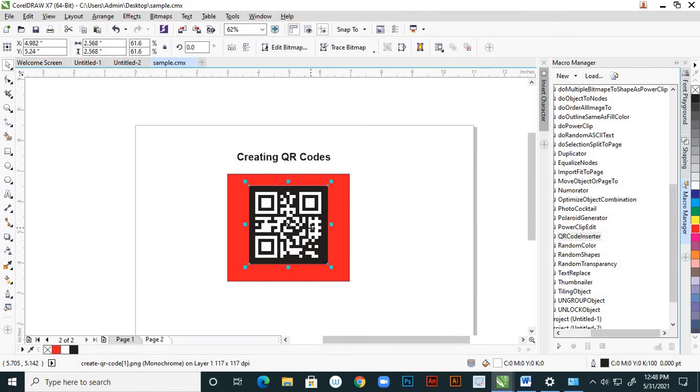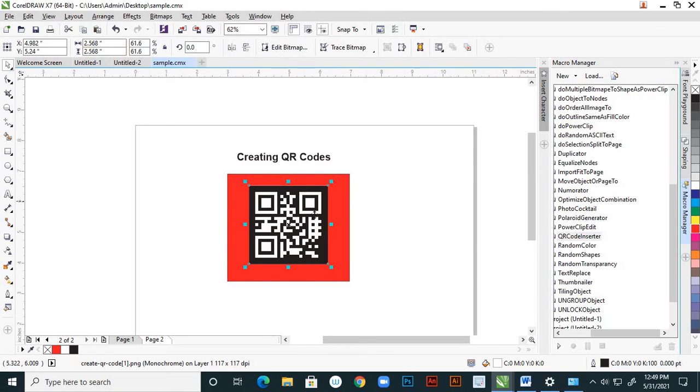So this you can scan on your mobile by using QR code scanners. You can add QR code scanners from the Google Play Store. Then by using that QR code scanner, you can scan this.